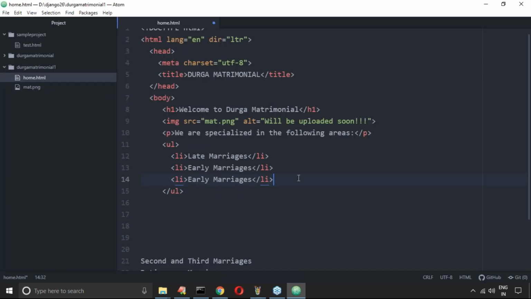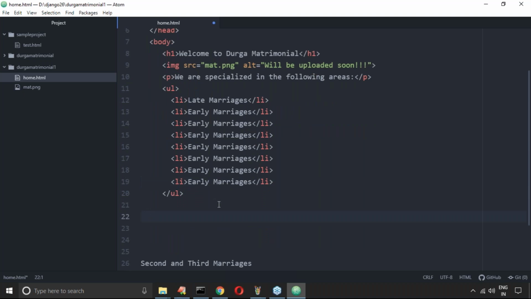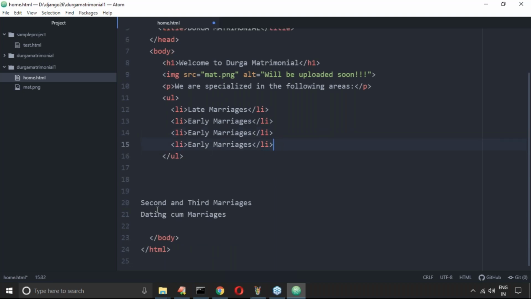If I use Control Shift D, you can take any number of lines. Of course, these many are not required, only four are enough. Now second and third marriages. Next, dating come marriages.